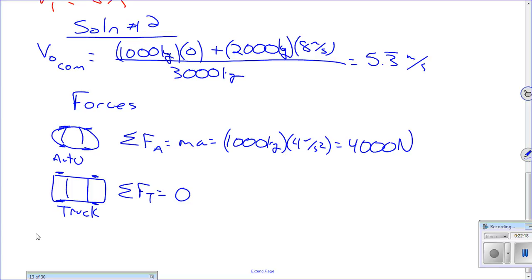So what's pushing the auto forward? Like what is that force? Friction, right? That's the force of friction. Is that an internal or an external force? External force. So are there any other forces that are going to affect the motion of either of these two